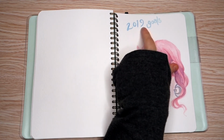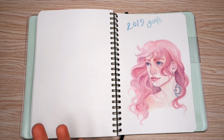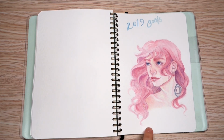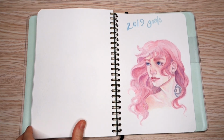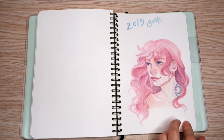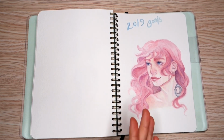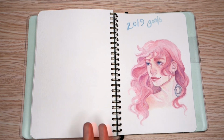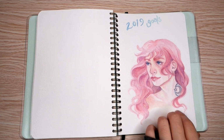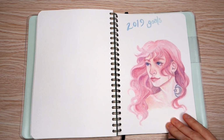So I don't know why I wrote that at the top. Maybe I meant to make a post where I was going to talk about my goals for 2019. I don't know if I even shared this one. No, I think I did. This looks really unfinished. I wonder if this may have been me not using colored pencils for once and trying to do something completely in watercolor, and maybe that's why I was doing the goals thing. I was trying to show, this is what I'm going towards. Clearly I used pencil for the sketch, and maybe not. Well, I don't know if that's pencil showing through or just...